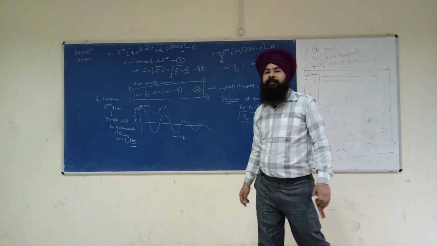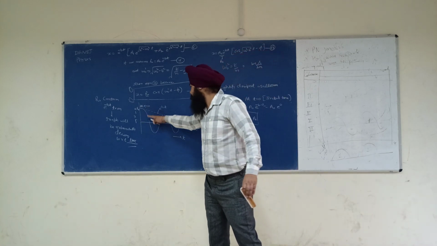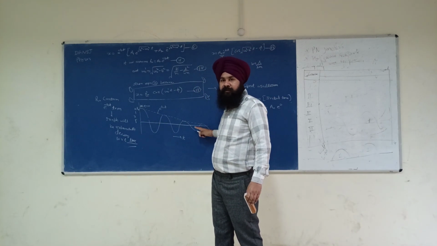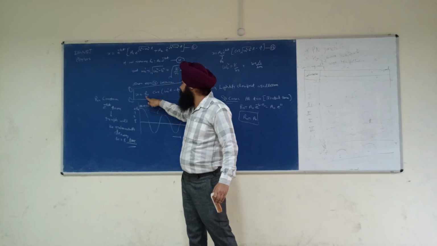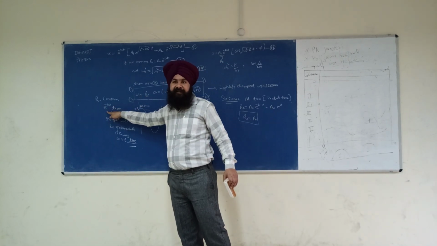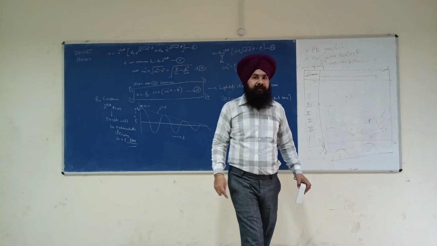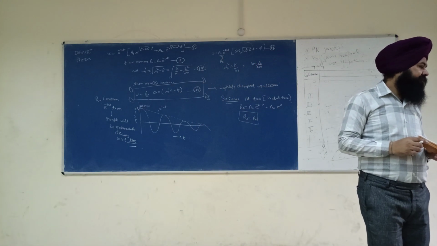आवाज समझ आया? ठीक है, समय के साथ क्या हो रहा है बेटा? एम्पलीट्यूड क्या हो रहा है? कम हो रहा है, एक्सपोनेंशियली चेंज हो रहा है. क्यों कर रहा है? क्योंकि R naught में क्या बैठा है? e to the power minus bt बैठा है. ठीक है, lightly damped oscillator.